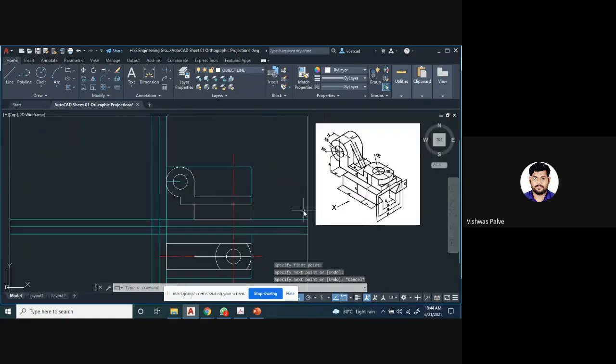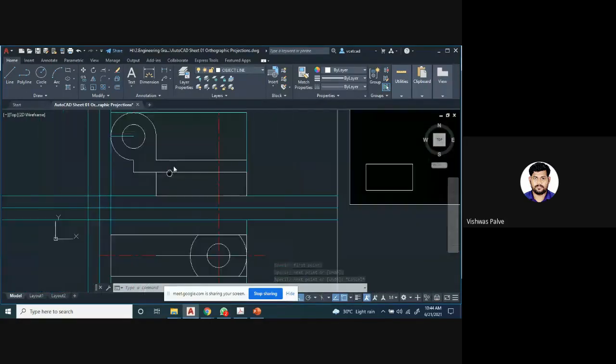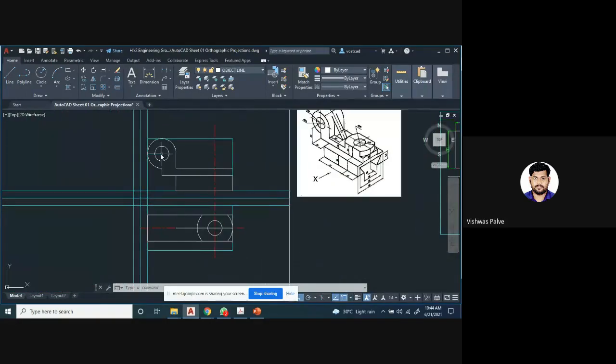Cylinder, when we observe it from top, it will be seen as a rectangle, right? So this portion I can show. Then I want to show as a hidden line. Okay, so how to show the hidden line? Select the hidden lines. Yes, hidden line. L, enter. Okay, here I want to show hidden from this feature.